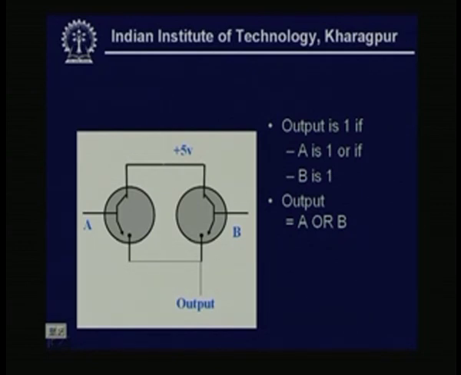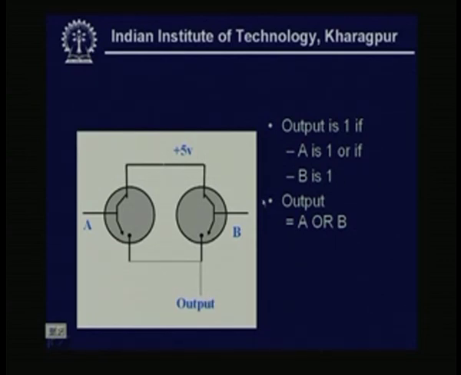The output is 1, meaning plus 5 volt, if A is 1 or if B is 1, means if either one of these switches is connected, then it is getting a path. So, it will be flowing and so the output is 1, that means I am getting this 5 volt here,